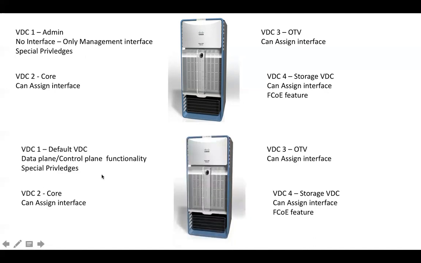Let's say in another diagram, we have VDC1 as a default VDC. In that case, user traffic can be forwarded via default VDC. Okay. Again, tasks like VDC creation, deleting VDC, suspending can be done from default VDC. Resource allocation can be done from default VDC. NX-OS upgrade or EPLD upgrade, scope-related changes. Okay, those can be performed only from VDC1, which can be again admin or default depending on your implementation.